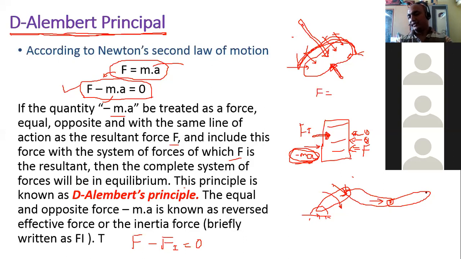But if the system is in equilibrium, or you want to make the system equilibrium, let us say this is another fixed link. Now this mechanism is moving. Again one more force will be here. Suppose here you want to find out the force and the torque to make the system static equilibrium. What will you do? Then we'll consider every point on which the forces are acting, and then draw system of forces.